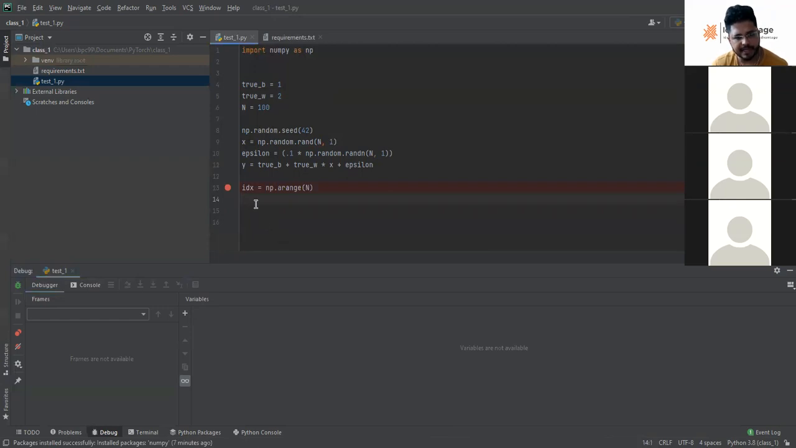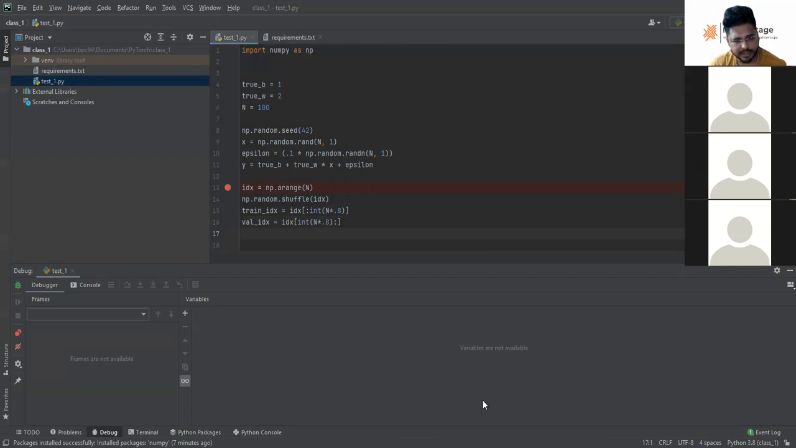Here it is. I'm getting a range of indexes from 1 to 100. Okay, and then I'm shuffling the indexes to make it more random. I'm getting the training indexes, which is 80% of total n, and I am getting the validation indexes, which is the remaining percentage of n. Okay,